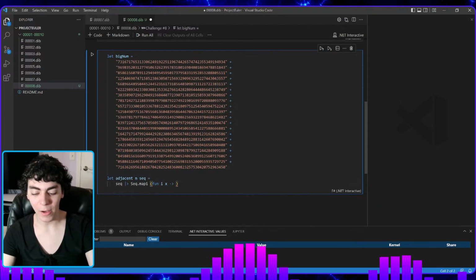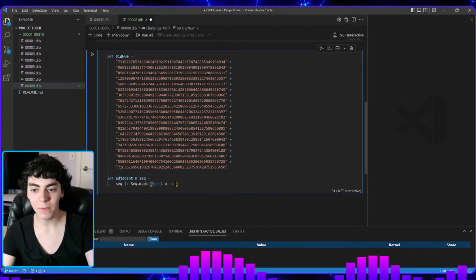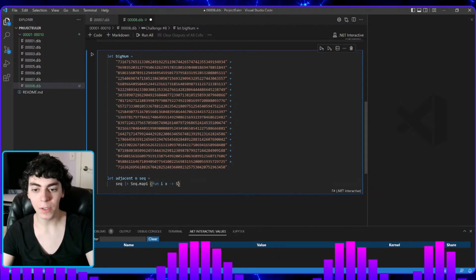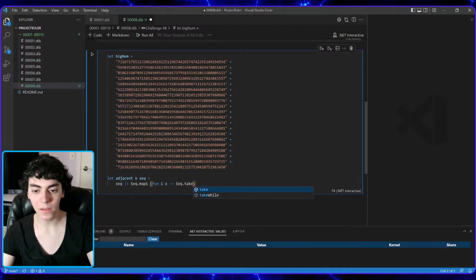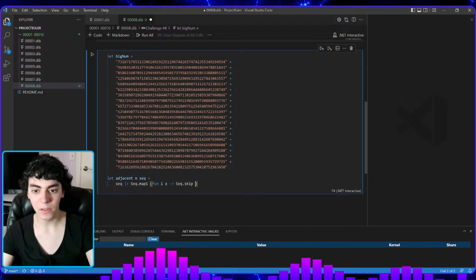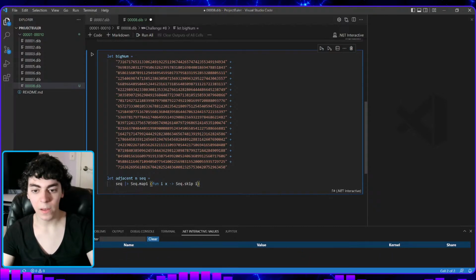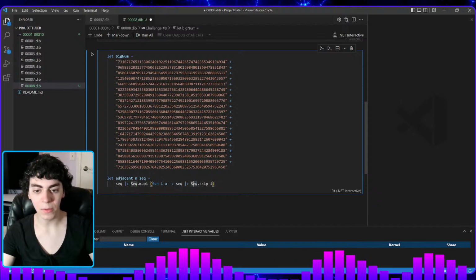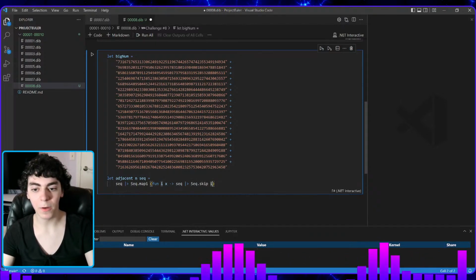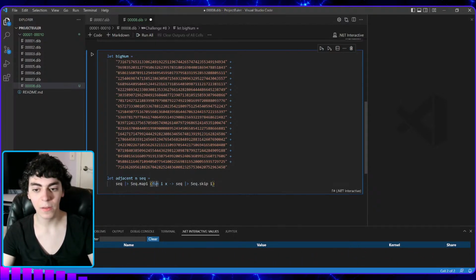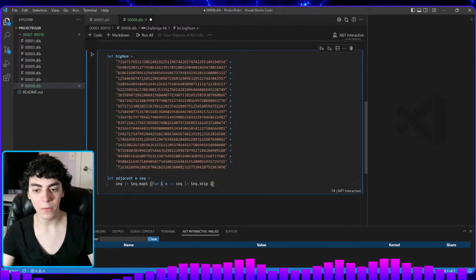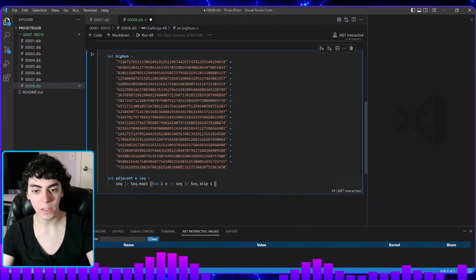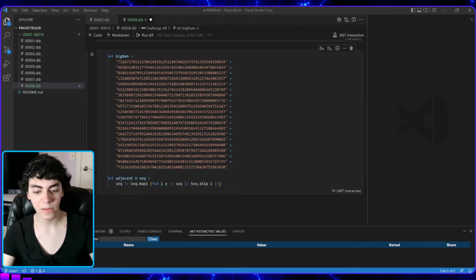So how I'm going to do that is effectively by doing sequence.take, or actually skip, and then we're going to take in the sequence. So we're going to skip the first I elements of the sequence, and then what we're going to do, yes,